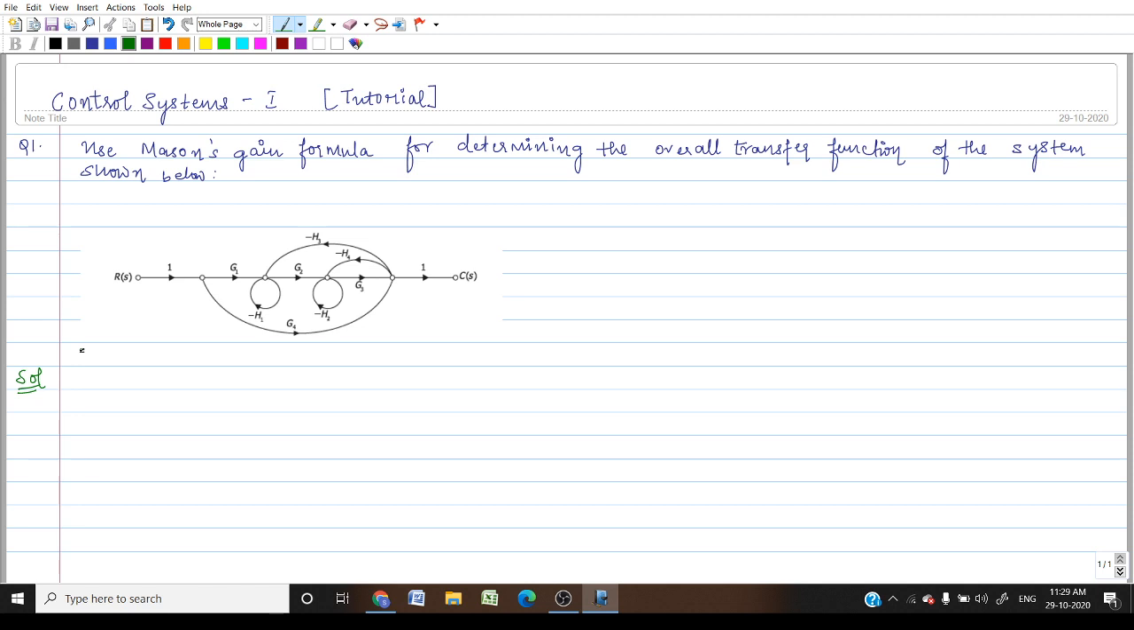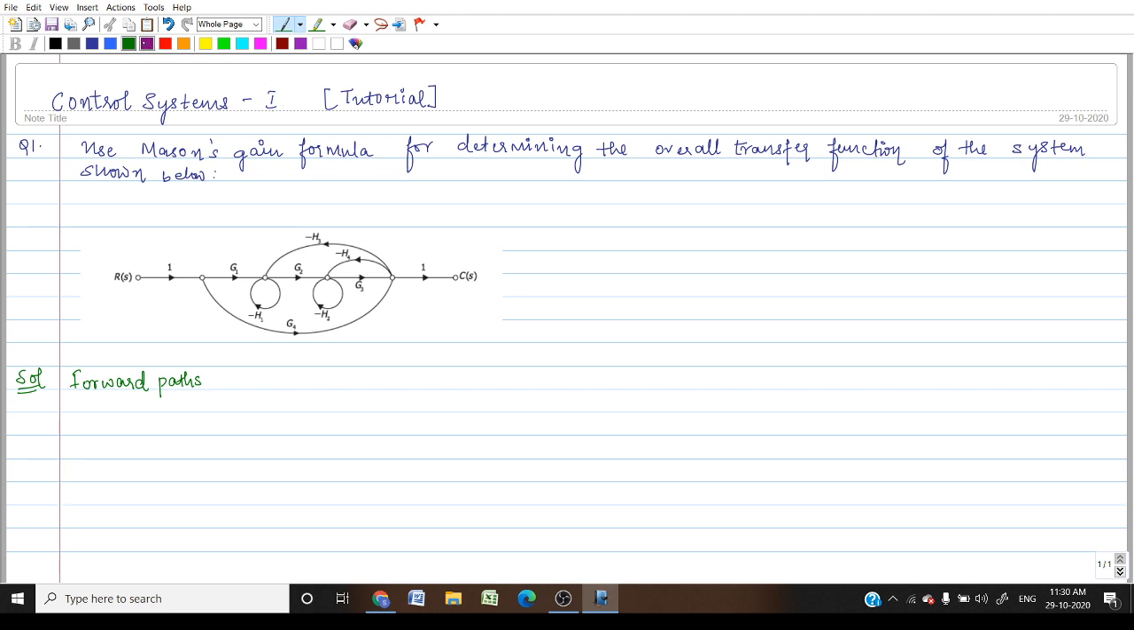So coming to the solution part. First, whenever we are using Mason's gain formula, it is important that we identify all the forward paths as well as the different individual loops and individual loop pairs. So first one, the forward path. Coming to the forward paths, so we can see that